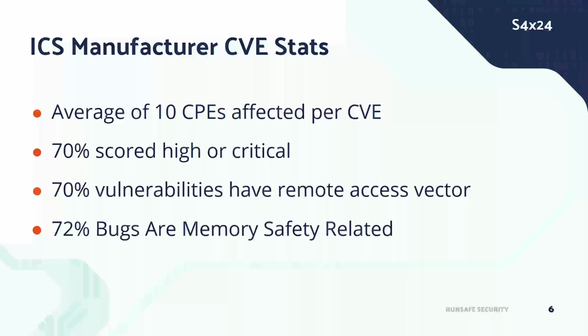And 70% of this was a shocking stat to me in the ICS space. 70% of them got scored as remotely accessible. Wow. That's not good because we're going to have more remote connected devices. We're putting things connected more and more. This means that we have these high and critical vulnerabilities that are accessible to attackers. And they may not be internet accessible, but an attacker can come in, they can move laterally through your network. So we don't want to do that.